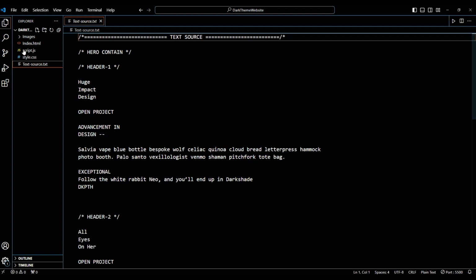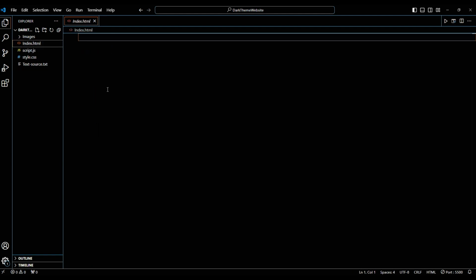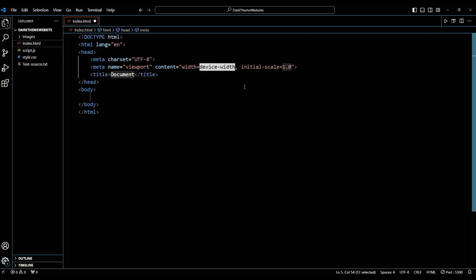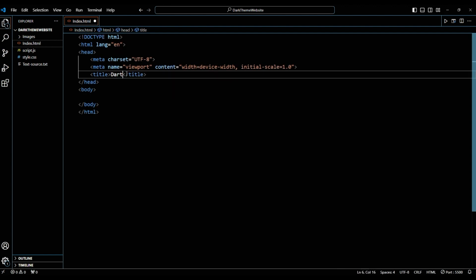Okay, so now first of all we need to create our HTML code for the entire structure of the web page. You can see that all the images are inside this images folder. So let's create our first HTML file, and as usual we have to use a simple HTML file here. This is dark